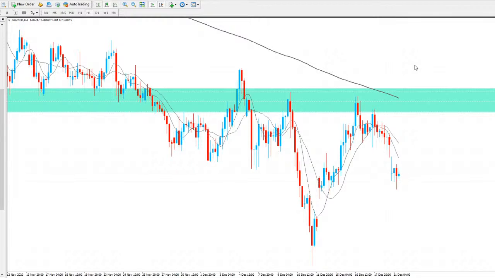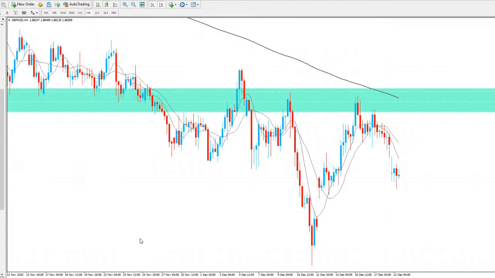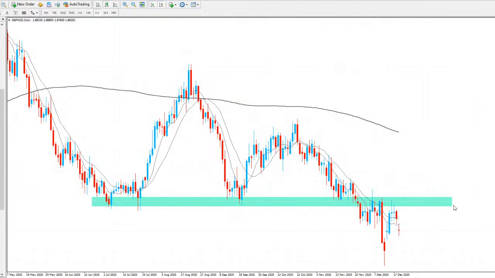But again, we kind of just gapped to the downside and then now just moving sideways on the hourly chart as well, not too much there. So I won't be looking to take any trades for GBP/NZD at this moment in time. Kind of just moving sideways really, so no real trade for me there, but potentially we could be seeing another test of that same area, or maybe another drop to the downside to the lows where we could look to take it back up higher again for GBP/NZD.